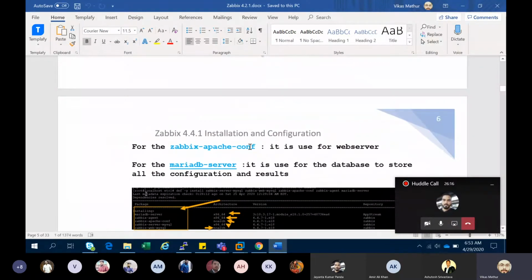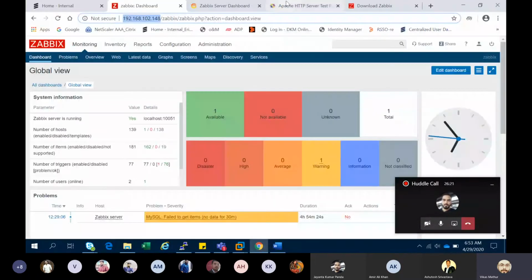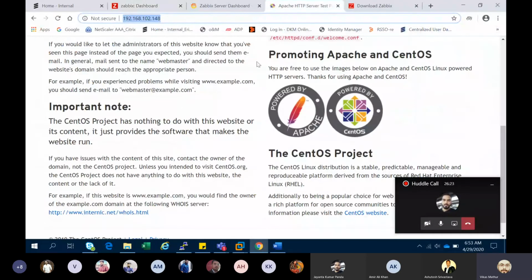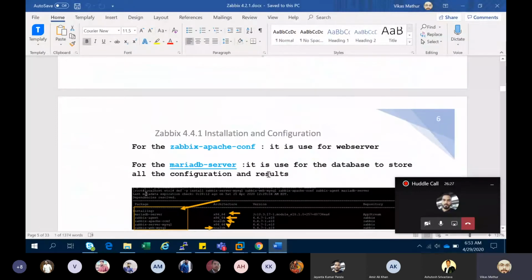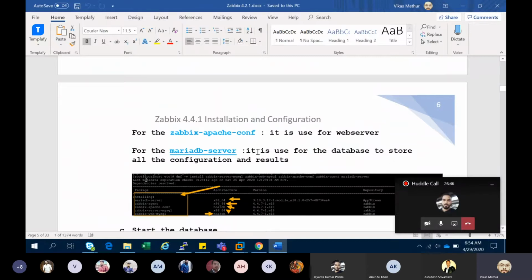The Apache they are using, what do you mean by Apache? I already told you about these things. This is the Apache where your whole configuration will reflect on the GUI, so this is for the web browser. If you want to install the Apache package on Ubuntu, you have to run sudo apt-get install apache2. This is the same name, but you don't use this type of nomenclature there.